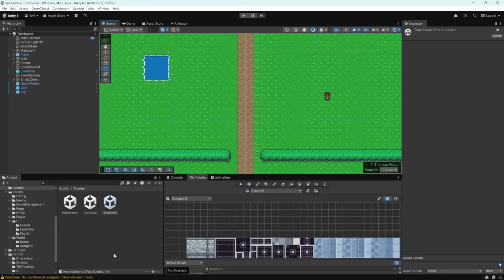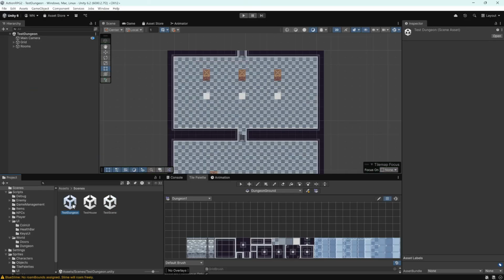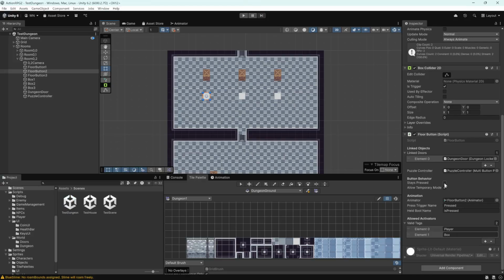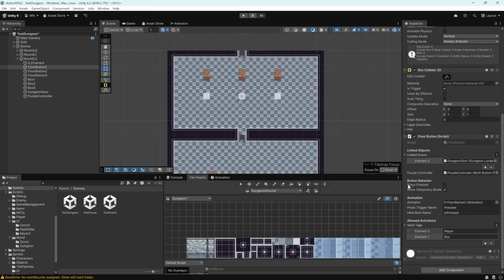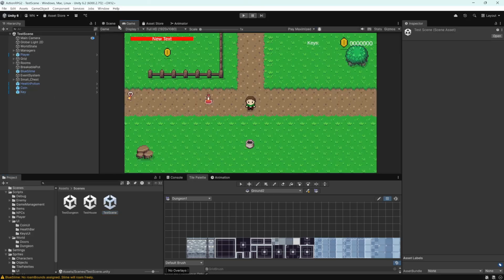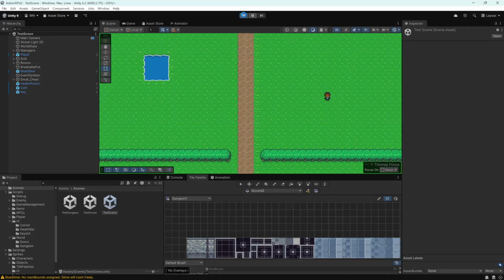Now, you might be asking, well, what if I want the buttons to stay pressed and not have to push boxes or anything on them? Well, what we do is we go back in, we go to each individual button, and we just click on stay pressed. So we'll do that, and do that. We will save the scene, go back to our test scene,